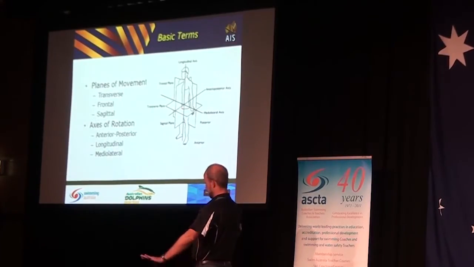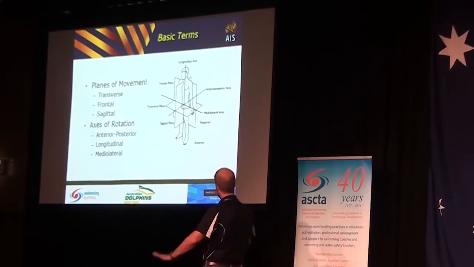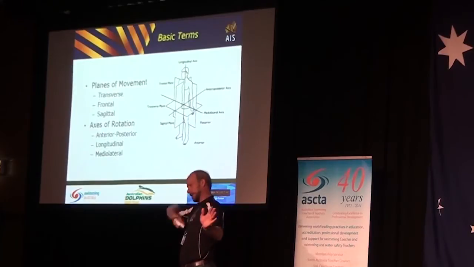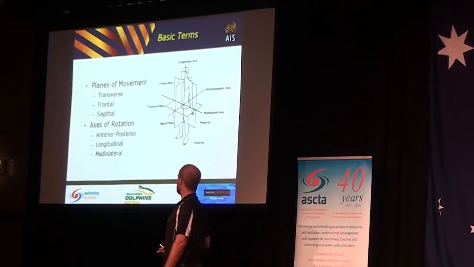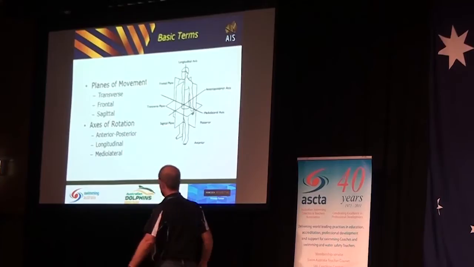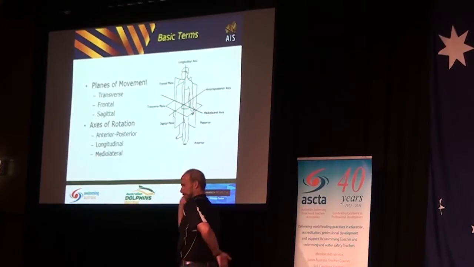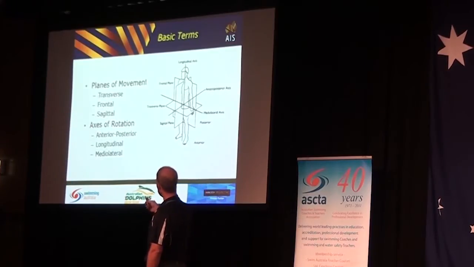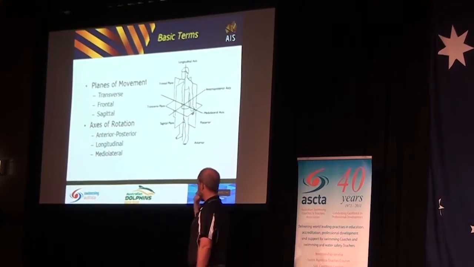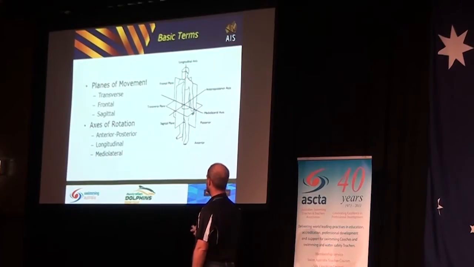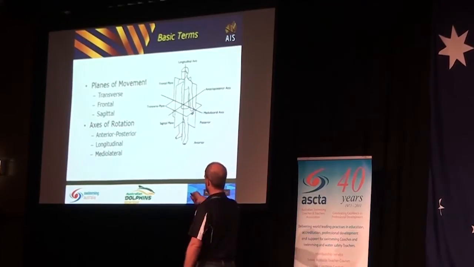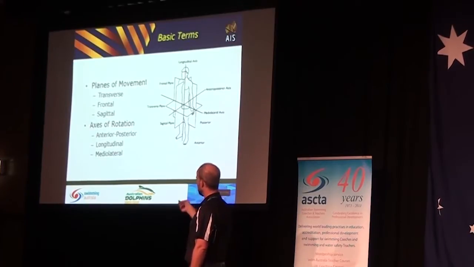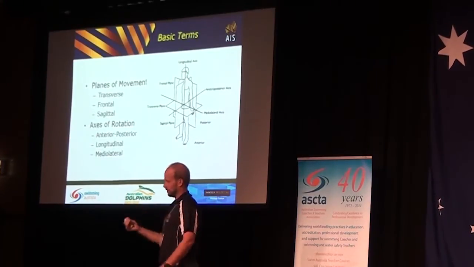The transverse plane is the one that cuts you in half, so anything that happens in there. The frontal plane cuts through just like you're looking at somebody head on. And the sagittal plane, if I'm standing side on, is anything moving, cutting me down the middle. That's actually for motion, straight line motion, or you can have rotations in those planes. But then the axes of rotation, and this is where you start talking about freestyle and